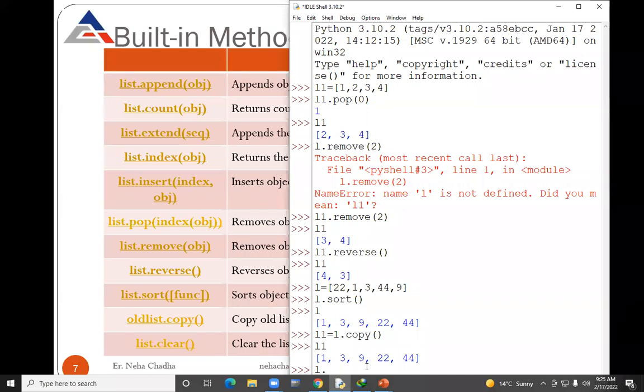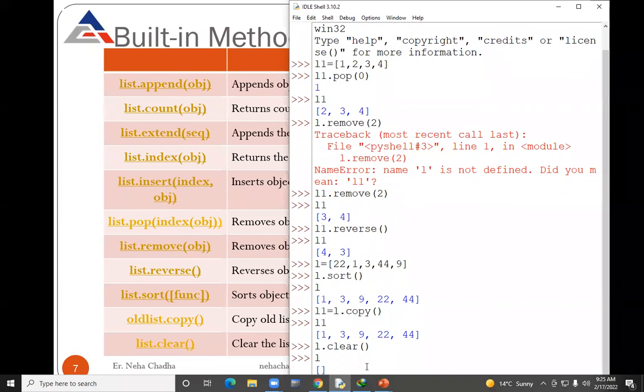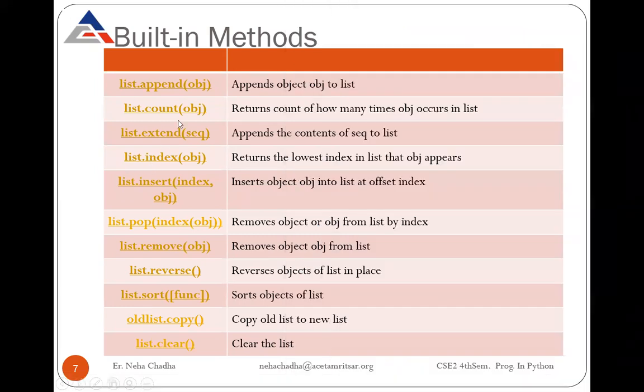Then is L.clear(). It will clear the content of your list. Let's check what is the content in my list. The list is empty right now. Okay. Coming to the presentation: append, then count, extend, index, insert, pop, remove, reverse, sort, copy,